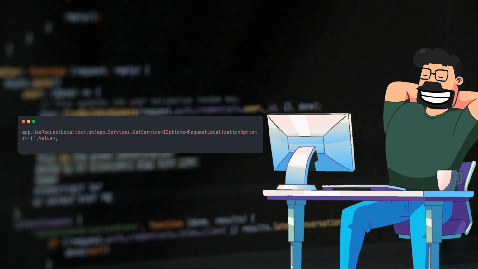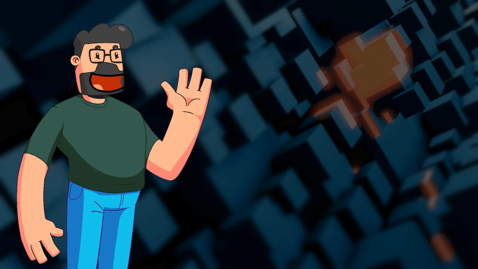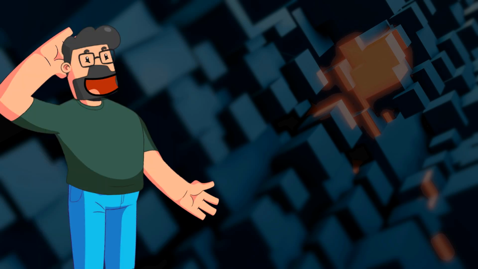specified configurations. In summary, we have addressed the challenge of setting a default language other than en-US while also allowing URLs with culture parameters to function correctly in our ASP.NET Core web app. By configuring the request localization options with appropriate request culture providers and streamlining the usage of app.UseRequestLocalization, we have successfully